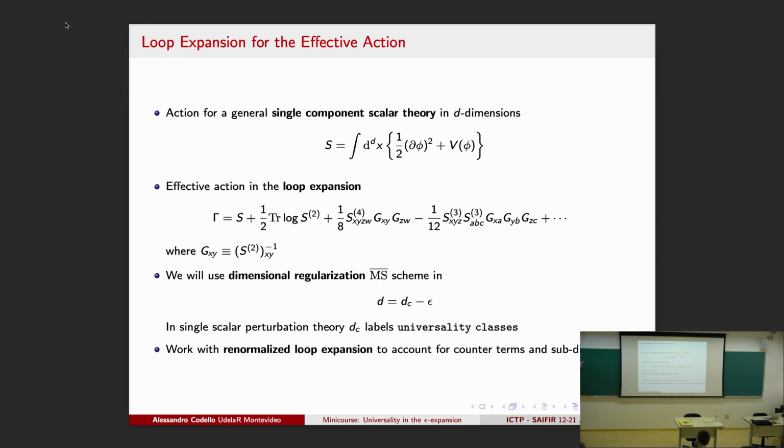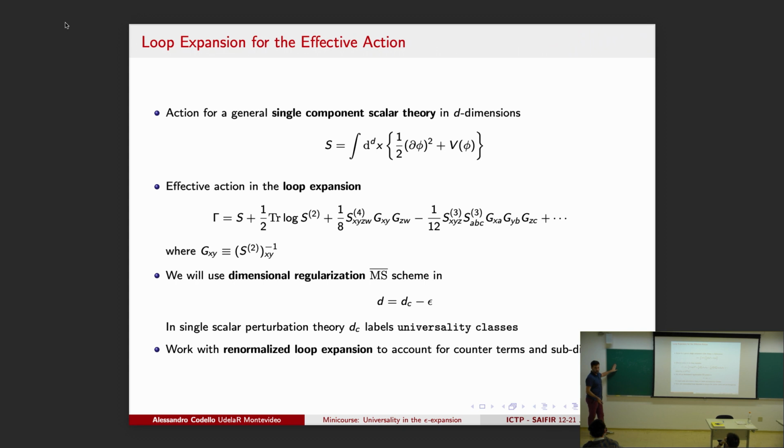So this is the definition of the effective action, which is the generating function of 1PI diagrams. It's the way in which normally we see the conformal quantum field theory. It's a functional that comes from the integration of all the degrees of freedom. So it's basically the quantum action, and the quantum action has a loop expansion. By applying the saddle point expansion here, you should know this formula very well,